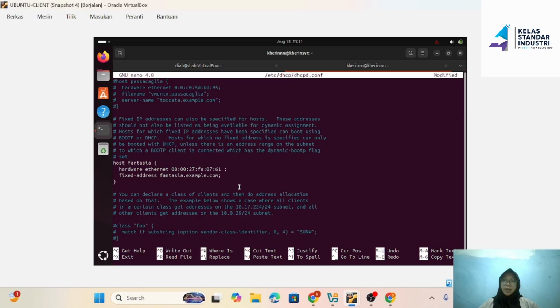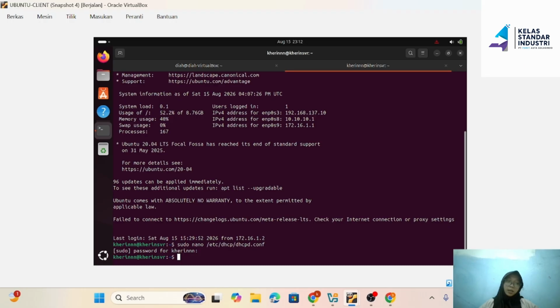Paste. Alright. Next, in the fixed address, change the IP address to 172.16.1.27. Once you're done, save the file by pressing Ctrl X, Y, Enter. Don't forget to restart the DHCP server using.